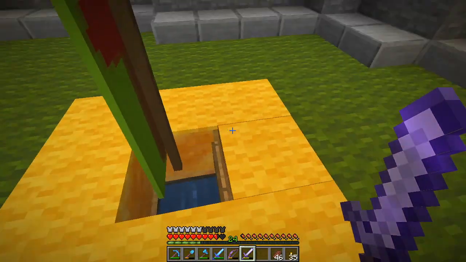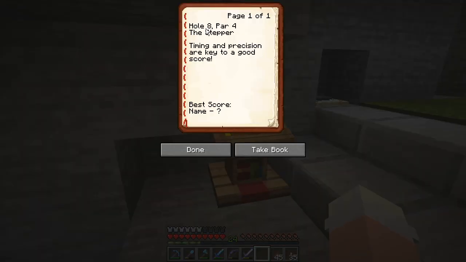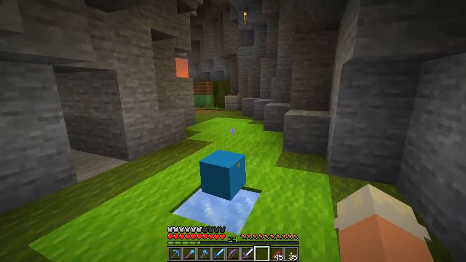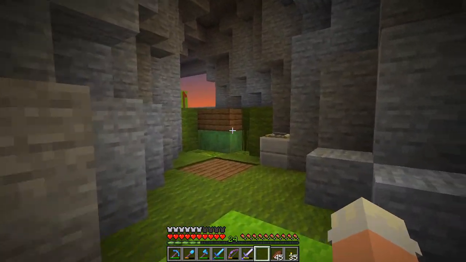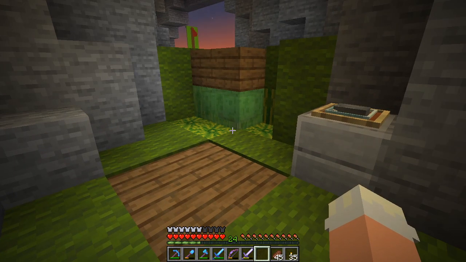Oh my goodness. And can you believe it? We're on hole 8 already. This is the penultimate hole. The stepper, timing and precision are key to a good score. So the deal with this one is it's in a little bit of a cave, but this time round we have this thing that we can activate. Basically,